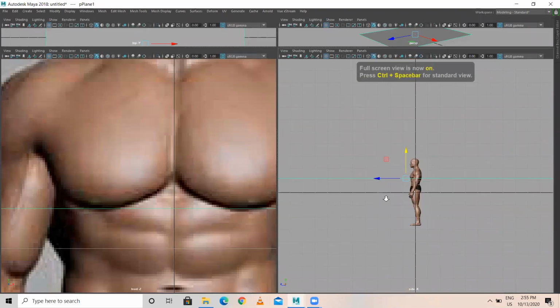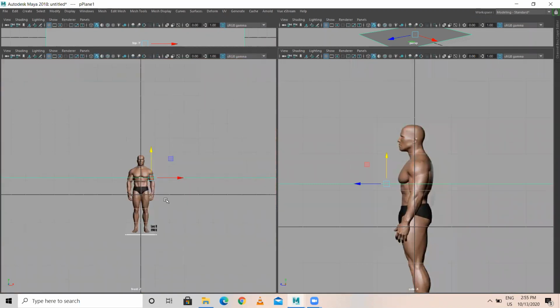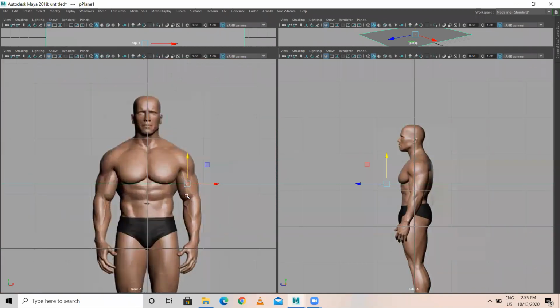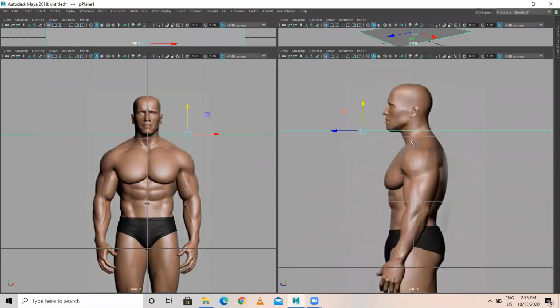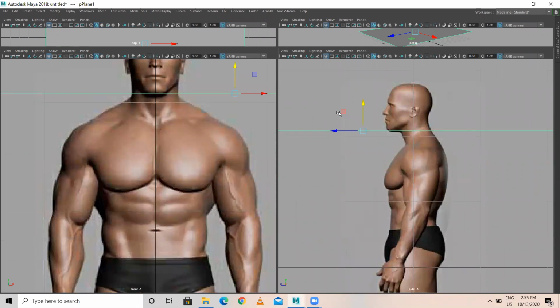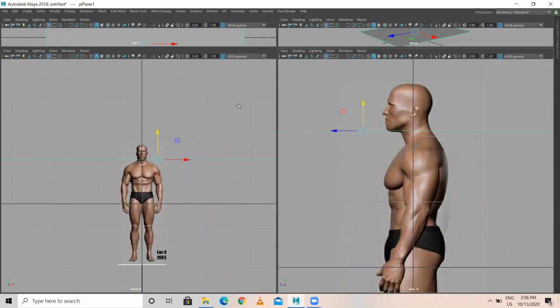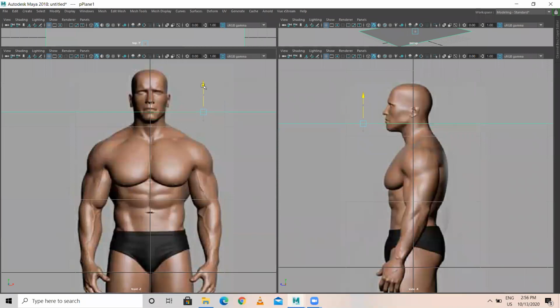Now see, chest line is matching. I'll come to the chin part. Chin part is matching. Okay, it's matching. And thumb.